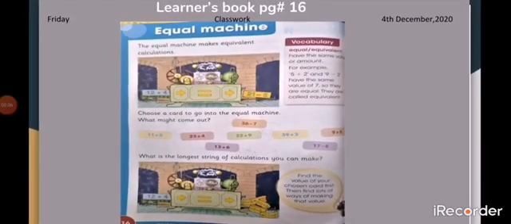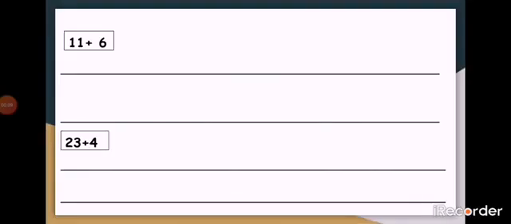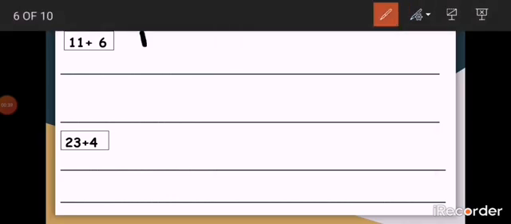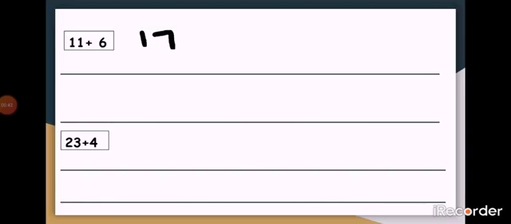Now we will solve these cards on a new page so we can write our calculations easily. Now I'm using a blank page. Look at the first card. 11 plus 6. It's an addition sentence. So put the bigger number in mind, that is 11, and count on 6 numbers on your fingers. Now I'm putting 11 in my mind and I'm counting on 12, 13, 14, 15, 16, 17. Stop. My answer is 17. So I'm writing 17 here.